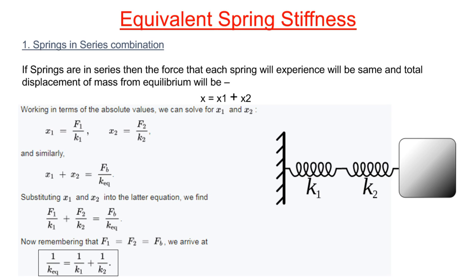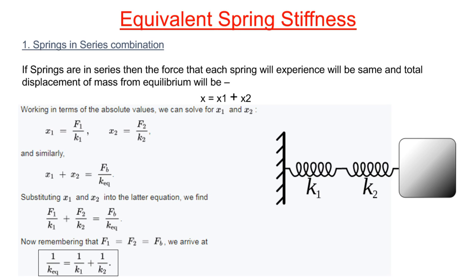force is equal to k into x, where x is equal to F divided by k. Therefore, for spring 1, the x1 displacement will be F1 divided by k1. For spring 2, x2 is equal to F2 divided by k2. Similarly, from the first equation, x is equal to x1 plus x2, we can write x1 plus x2 is equal to Fb by k equivalent. Fb is total force acting on that, and k equivalent is the equivalent spring stiffness due to k1 and k2